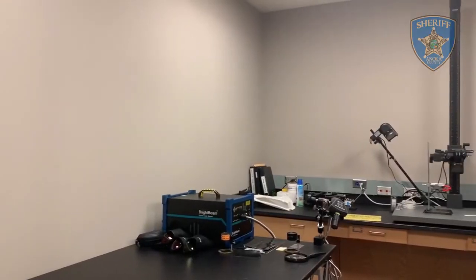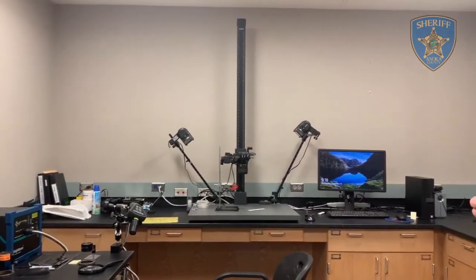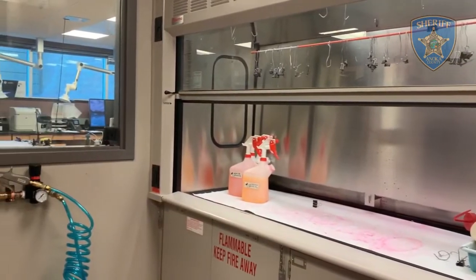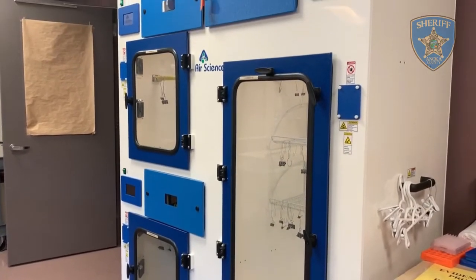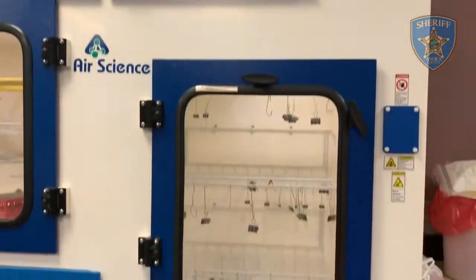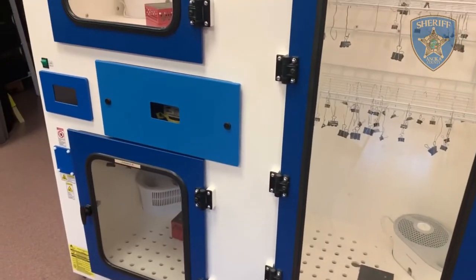The key to fingerprint analysis is contrast. Therefore, different processes are completed in order to preserve and give contrast to fingerprints located on evidence. When analyzing a non-porous item such as a can or firearm, the first step is to use the superglue fuming chamber. This temperature and humidity controlled chamber allows for superglue to adhere to the water in the prints, which provides